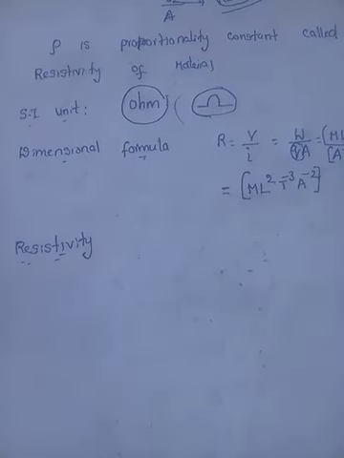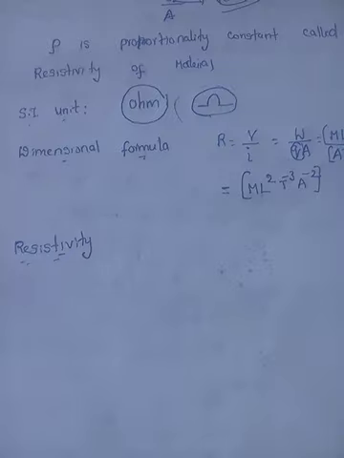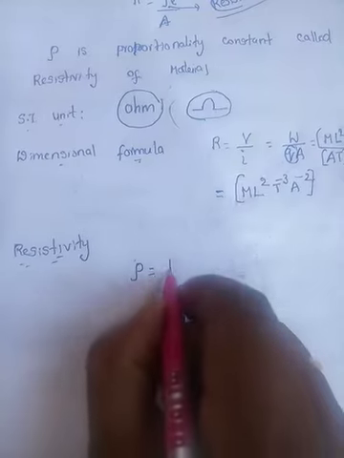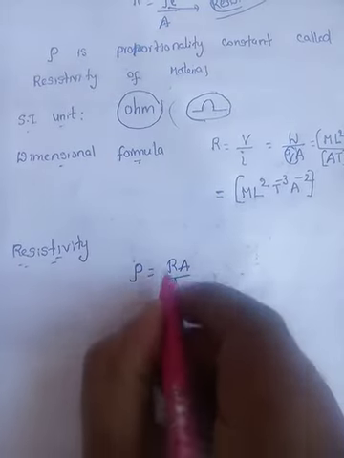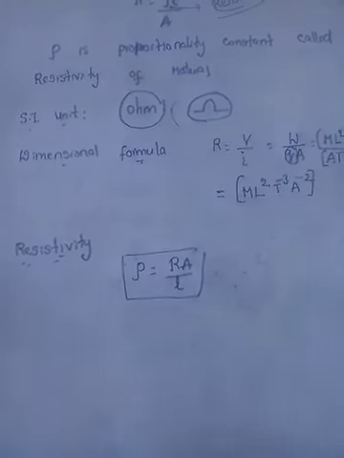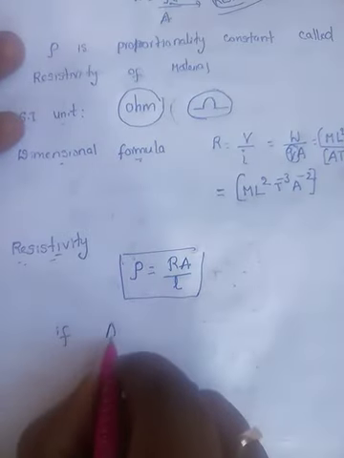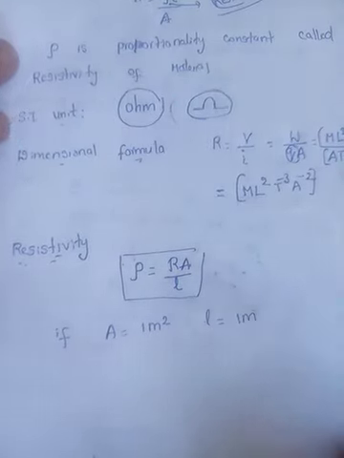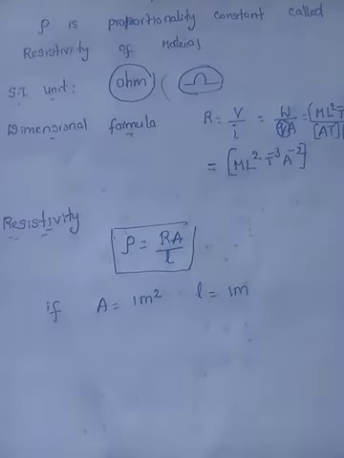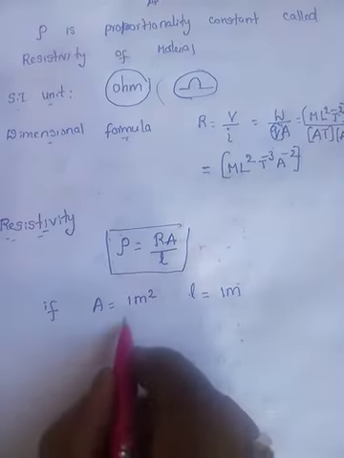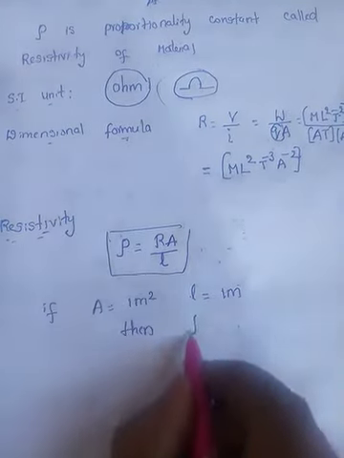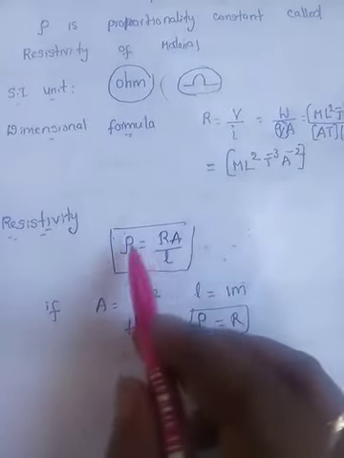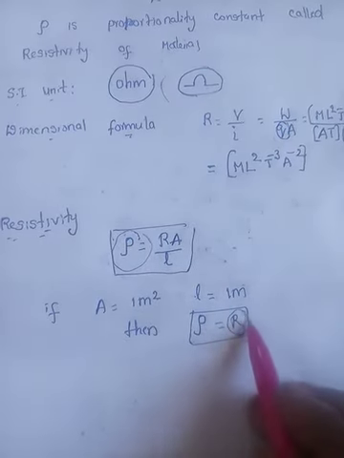Already we said that resistivity is the property of a material which depends only on the nature of the material. So from that, rho is equal to what? RA by L. Is it right? For example, if A equals 1 meter square and length L equals 1 meter, then substituting in the above equation, what do you get? Rho is equal to R, right? Which means resistivity is equal to resistance